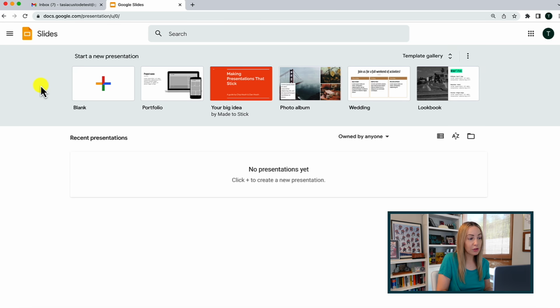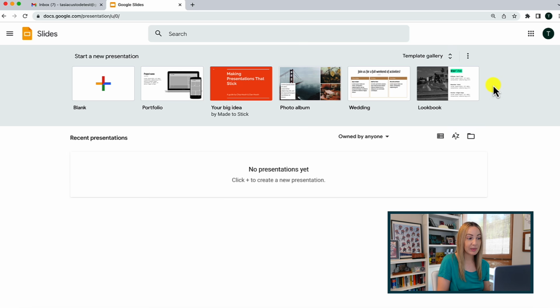So now let's dive more into depth on how to use Google Slides. If you've never created a presentation or no one has ever shared a presentation with you, your Google Slides page will look a little bit bare except for some templates at the top. So there's actually a couple of different ways to create a presentation in Google Slides. You can do the shortcuts to a blank presentation like I just showed you, or you can start a presentation